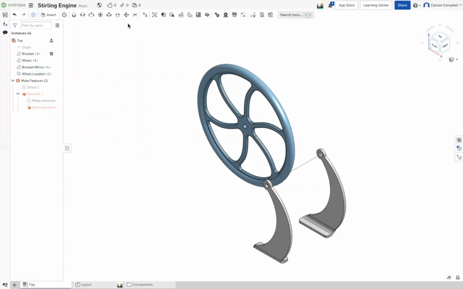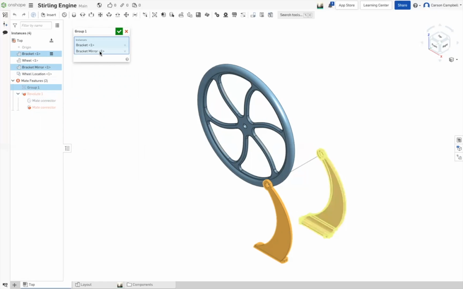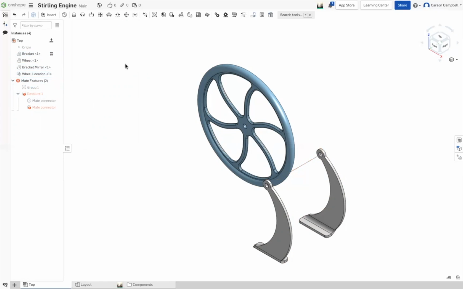Edit group. Double click on group and add the sketch to group. Click on the sketch. You can click it in the window. I don't see anything that says sketch. Okay, wheel location. Sorry. That's the sketch. Say okay. This is really terrible. Okay, so double click on